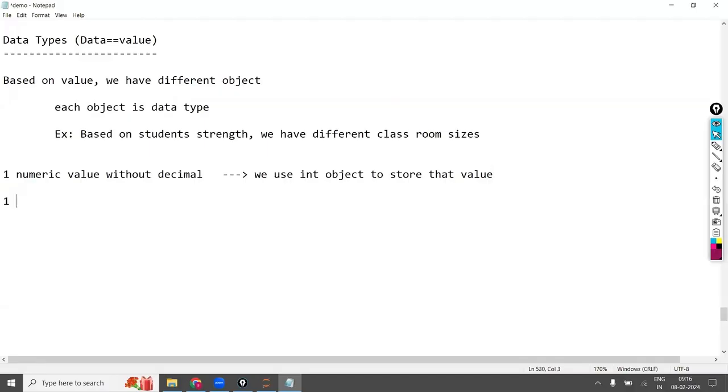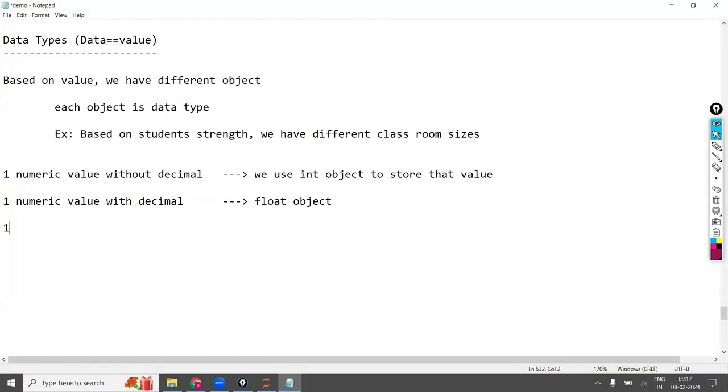And if you have one numeric value with decimal, then in that case we are going to use the float object. Float object means float data type. So the value will be stored in the float.